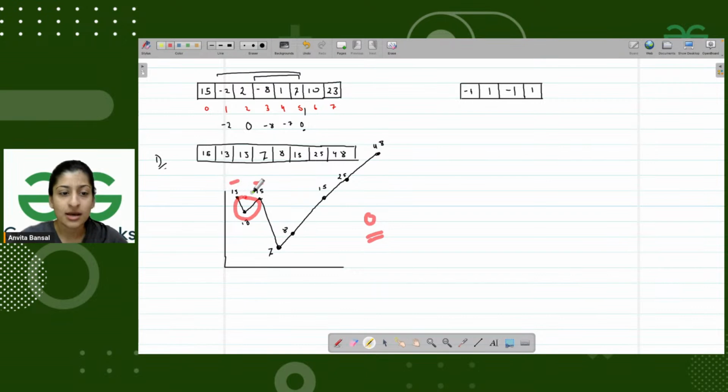So obviously, a subarray from this index. 15 corresponds to which index? This corresponds to index 3, 4, 5, 6, 7. So this 15 corresponds to index 2 and this 15 corresponds to index 0. So this tells me from 0 to 2, I am getting elements whose sum is 0. If I check from 0 to 2, I get elements minus 2 and 2 whose sum is